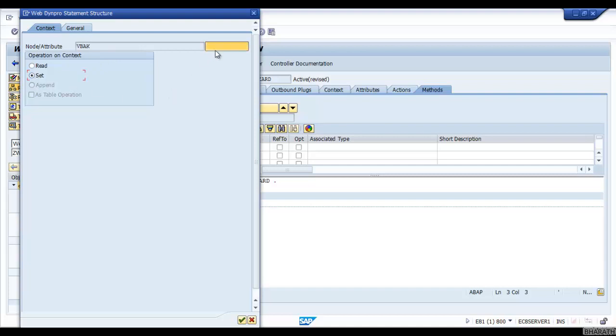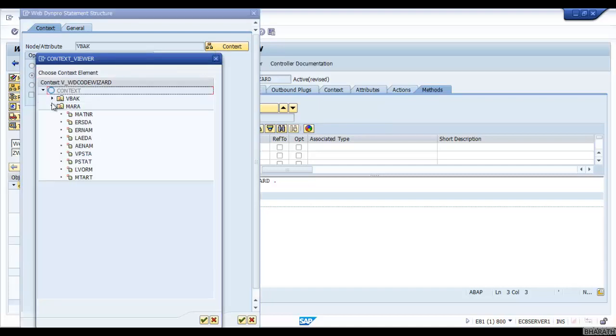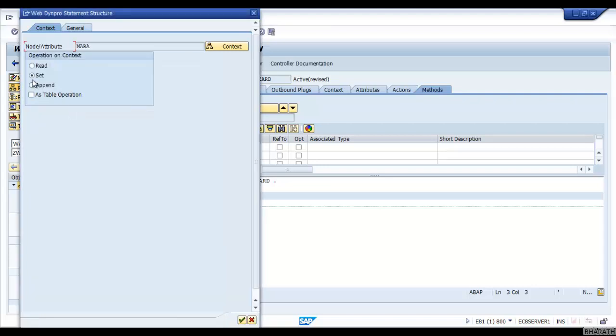Now I'm going to select the other context node. This context node has cardinality 0 to n. If I select this, see, all of them are enabled. You can read the data from the context node as a single record, or put the data into the context node as a single record or multiple records. But if you use append, it is always to insert a record into the context node. Here append works similar to the append syntax in normal ABAP.